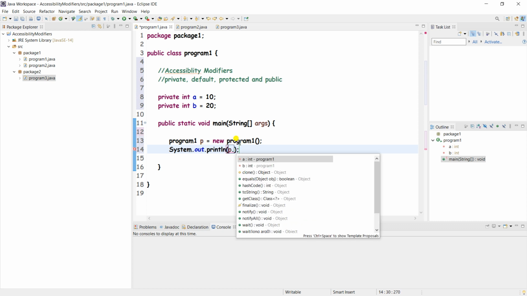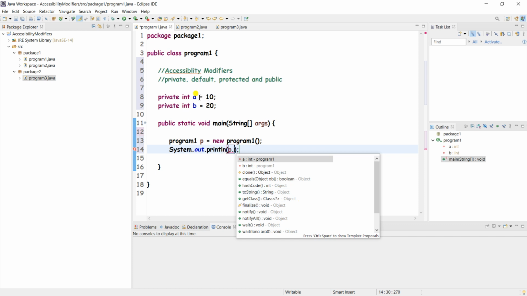See here another magic: if this variable is going to be accessible, then you will get here one pop-up screen, this is a pop-up or suggestion screen.